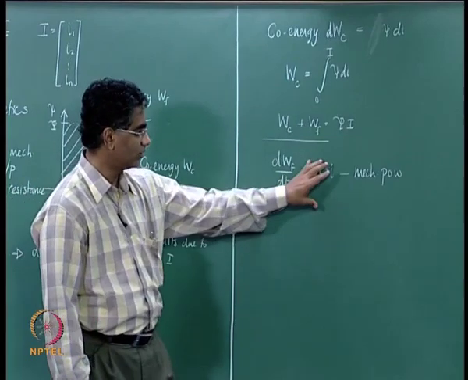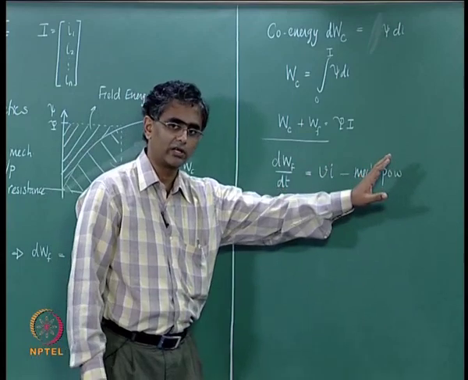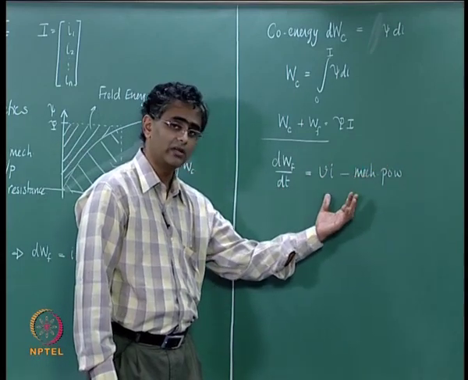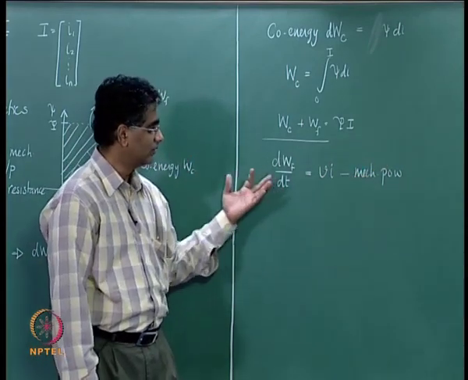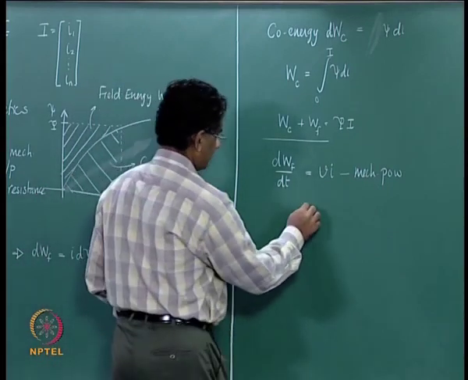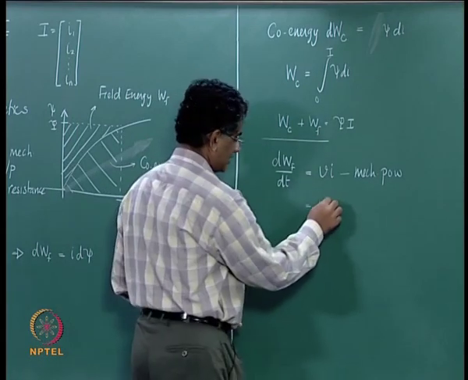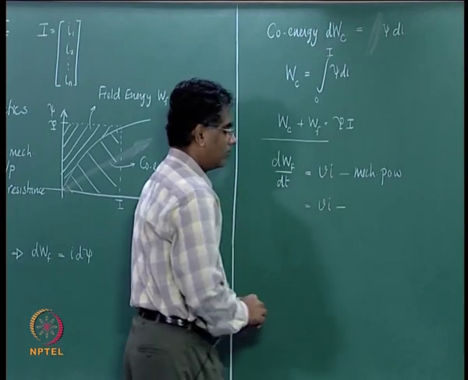Because from the total electrical input that you give, something goes away as mechanical output, then it is the remaining that goes towards the field energy. So this expression does indeed make sense, and we can then write this as V into I minus,